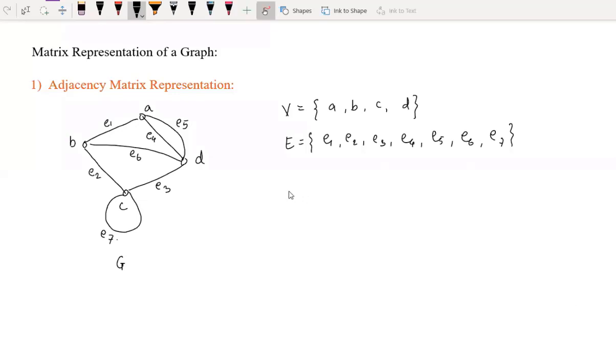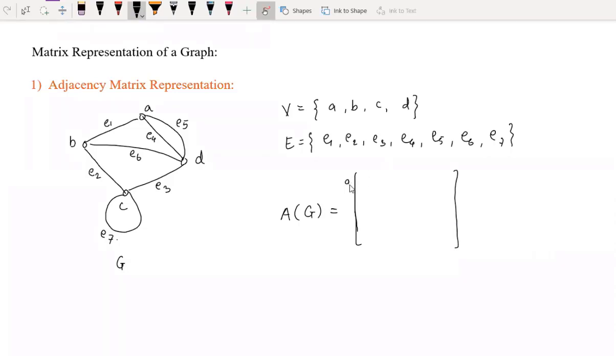सो यहाँ पे जब हम ग्राफ का adjacency matrix लिखते हैं, so that adjacency matrix of the graph G is always denoted by A of G. Means G is a graph and A for the adjacency matrix. So A of G is equal to. Now how many total vertices exist in this graph G? 4 vertices. So the adjacency matrix is a 4 by 4 matrix, where each row and column represents a vertex of that graph.